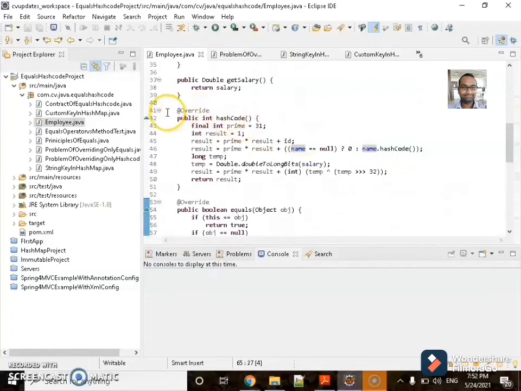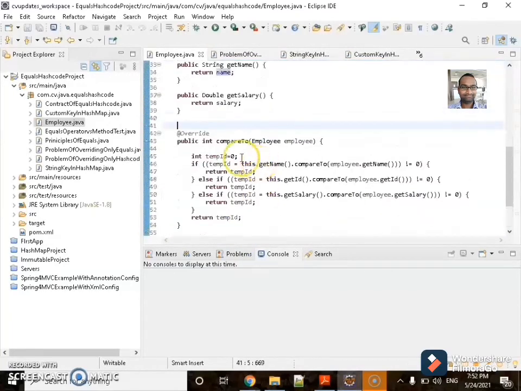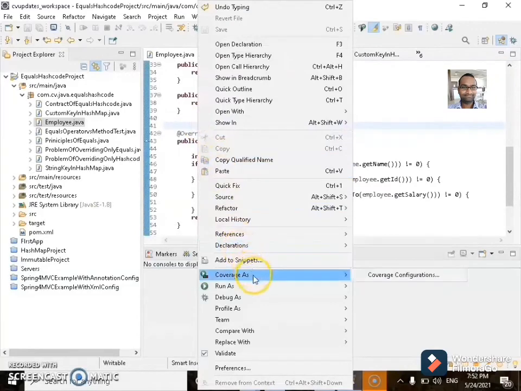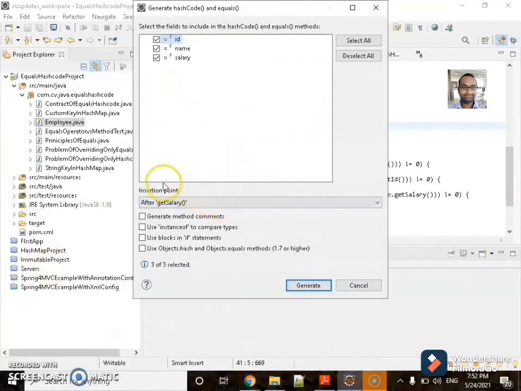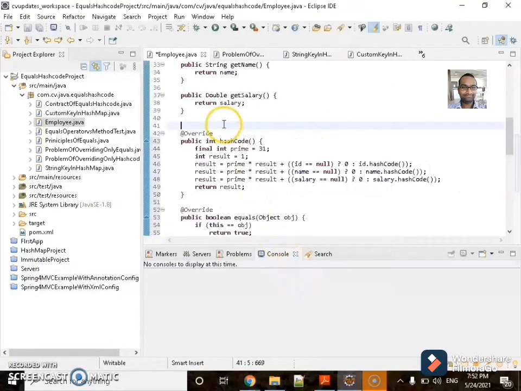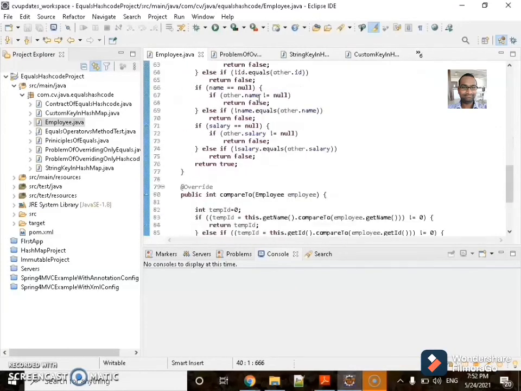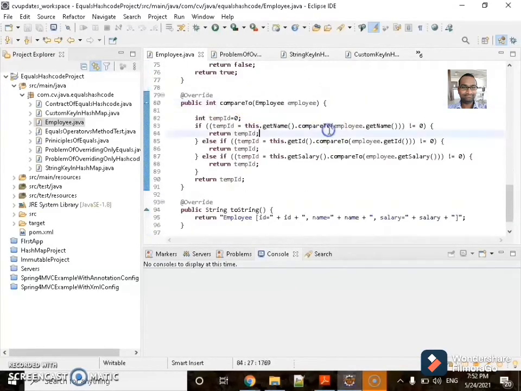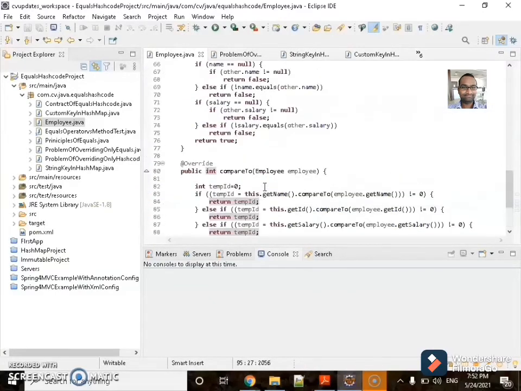So what I have done is, let me show you. I've just right clicked on it, source, generate hashCode and equals method, generate. I'm just using the generated equals and hashCode methods. The compareTo method I have written, and toString is also a generated one.